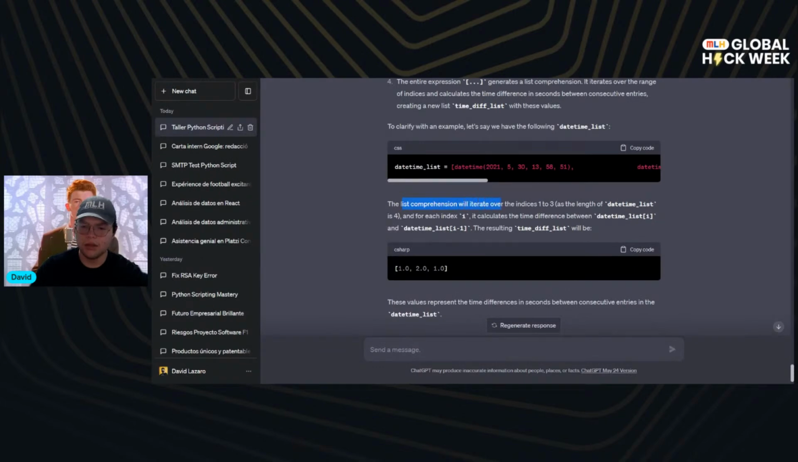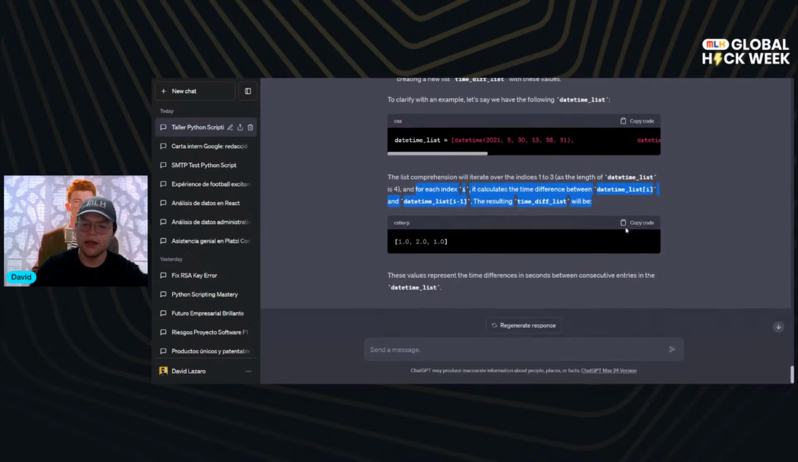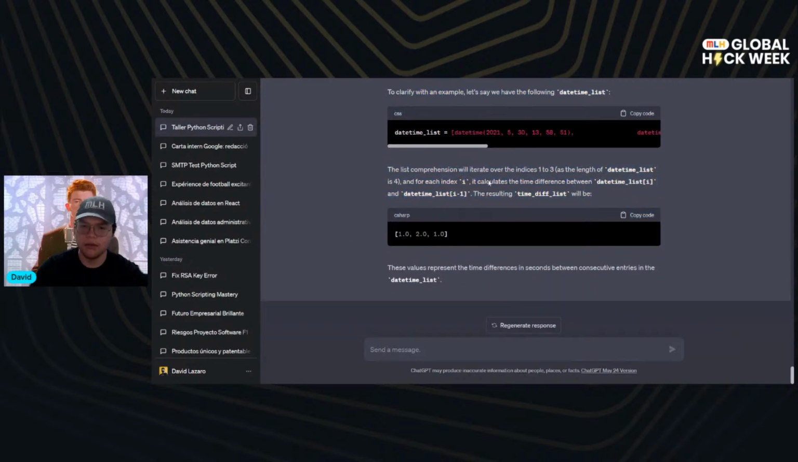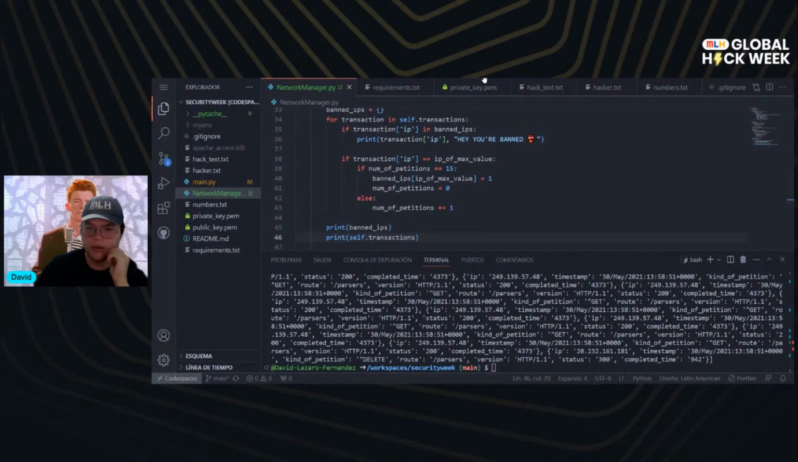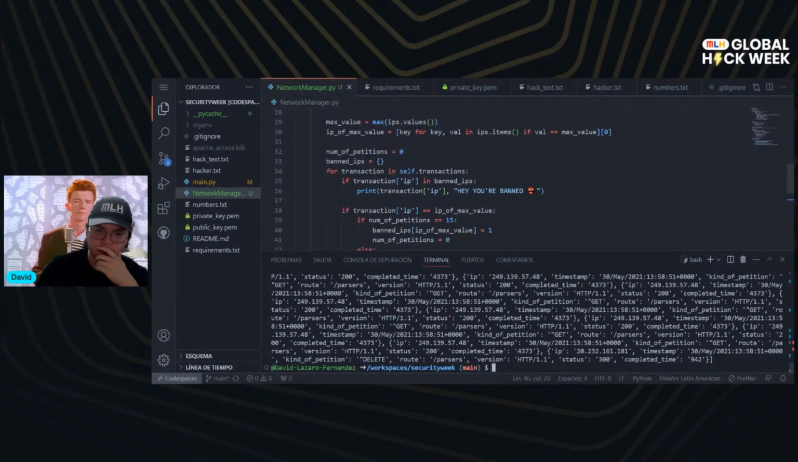So the list comprehension will iterate over the indices 1 to 3, so this will be 1, 2, 3. All right, got it. So we'll get the difference between each one of them, right? So yeah, I think for now we should be able to do this in this way. So let me just copy and paste this. So the datetime list will be here. All right, so we have already our dictionary. We're trying to